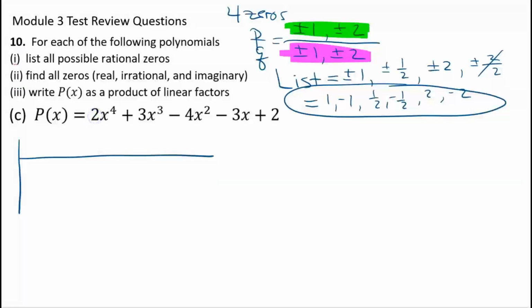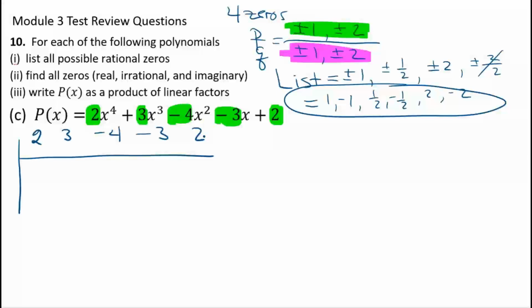So 2, I want green. Okay, so 2 for the x to the 4th, 3 for the x to the 3rd, negative 4 for the x squared, negative 3 for the x, and then finally 2 for the constant. Please notice that I'm not missing any exponent. I've got my 4th, my 3rd, my squared, my first, and my constant represented. So I don't need any dummy variables or zeros listed down here. So I'm going to write the 2, the 3, the negative 4, the negative 3, and the positive 2 in